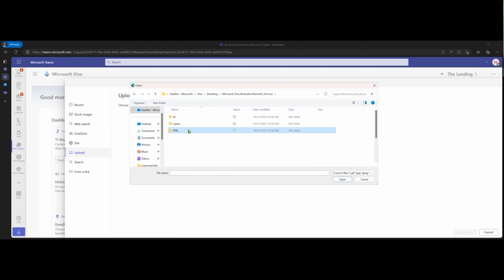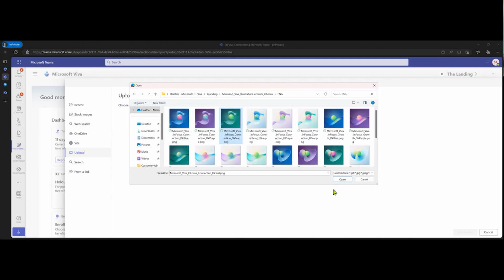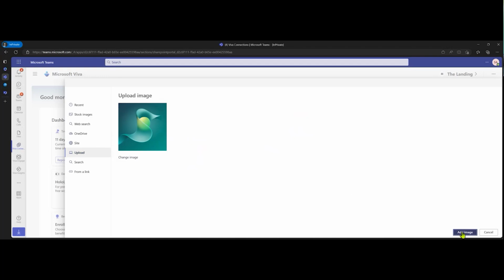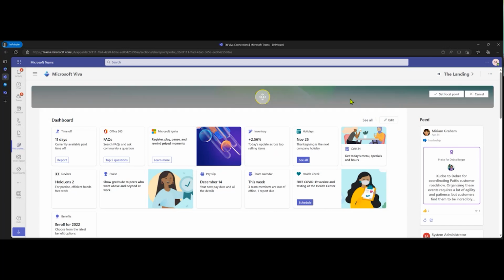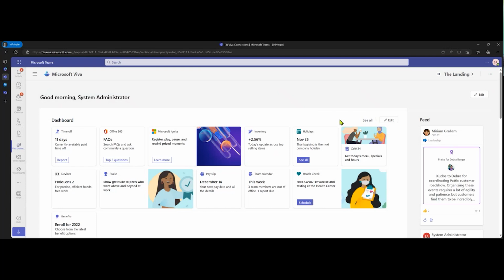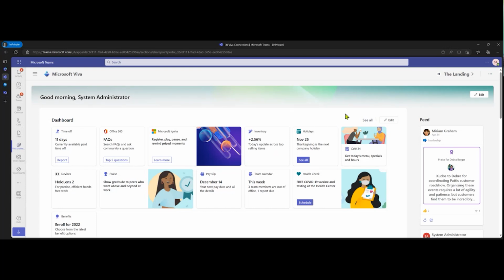All right. Okay, so I added one of our Viva pillar logos, and you can see it's got a little greenish tinge in the background. You can change where the focus point is of that picture, but I'm going to leave that alone. And then you can save it and it applies. So that's the other element that you would want to apply from a branding perspective. And there's a little overlap obviously between branding and governance. But those are the elements.